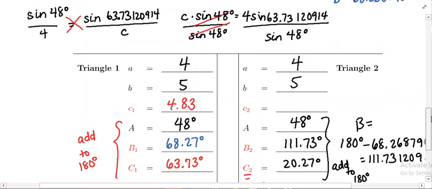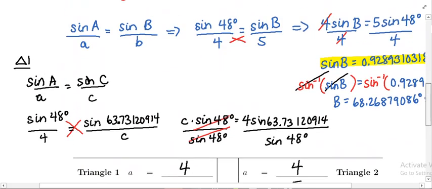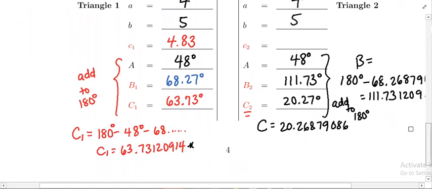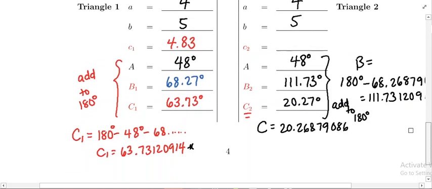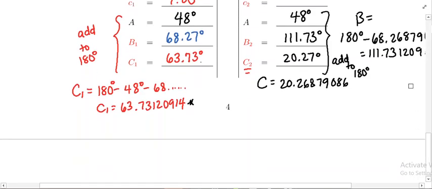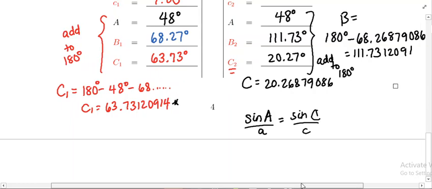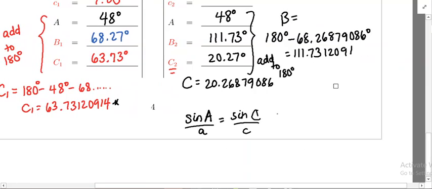Then I'm going to do the same thing for triangle 2. We have all the components; we are just missing side length C. So again, I'm going to make the same ratio: sine of A over A is equal to sine of C over C. It's preferable to use A because you have exact values here. You don't for angle B. So we have the sine of 48 degrees over 4